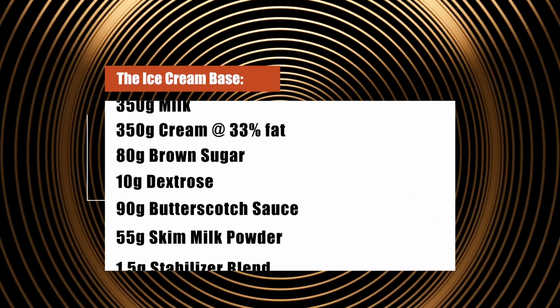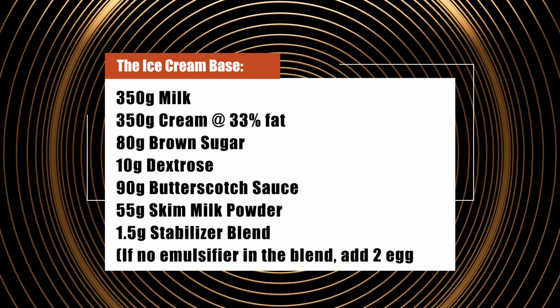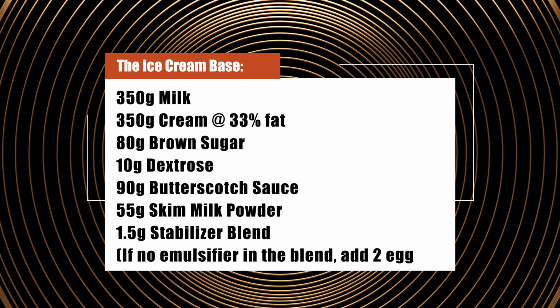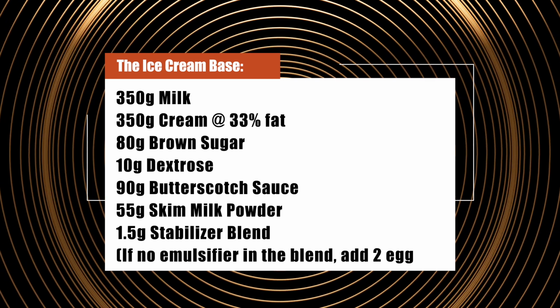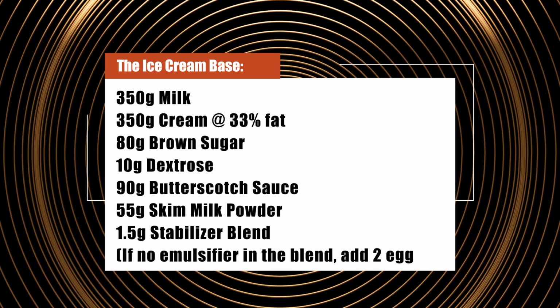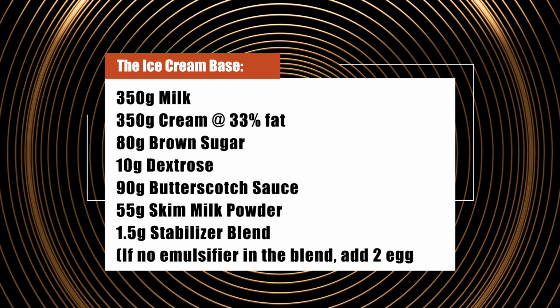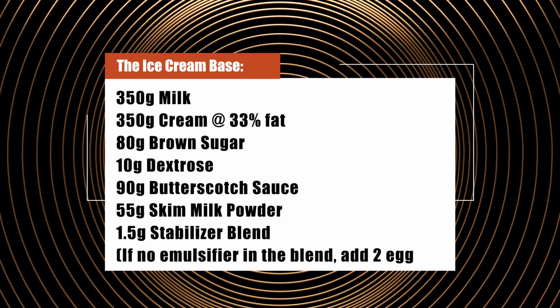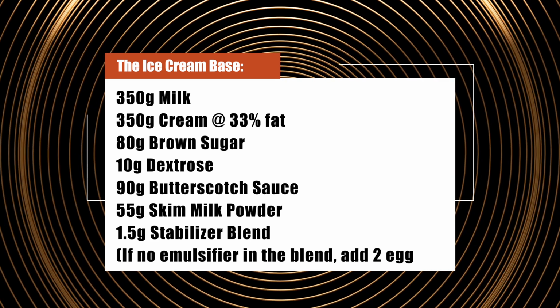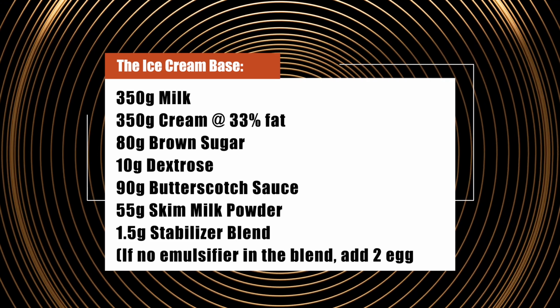We're going to need 350 grams of milk, 350 grams of cream at 33% fat, 80 grams of brown sugar, 10 grams of dextrose, 90 grams of our butterscotch sauce, 55 grams of skim milk powder, and 1.5 grams of your stabilizer if you're going to use it. If you're not going to use a stabilizer, then I recommend adding 2 egg yolks to the base